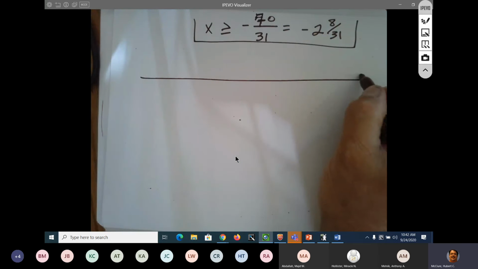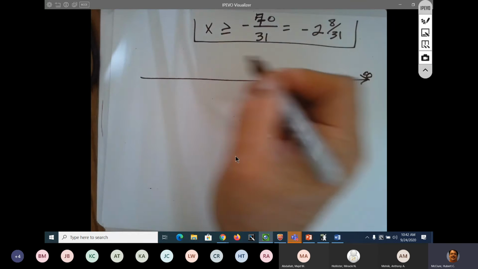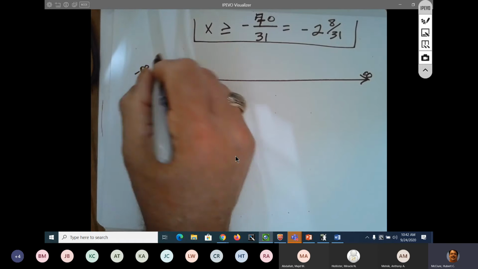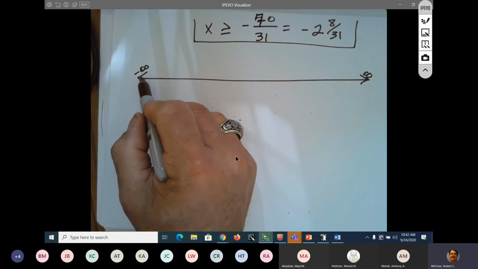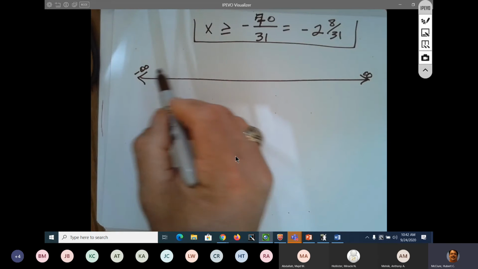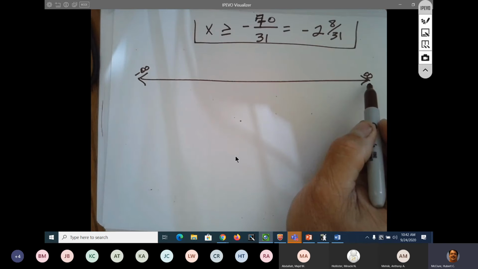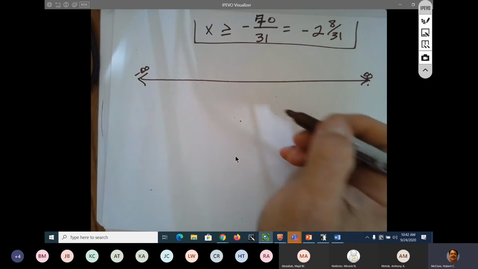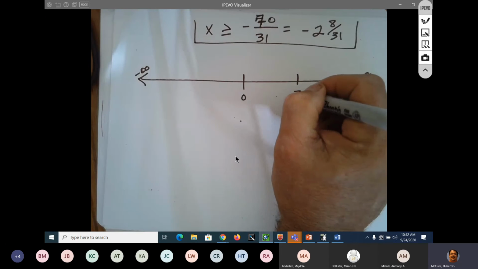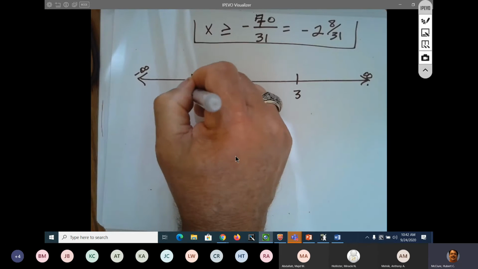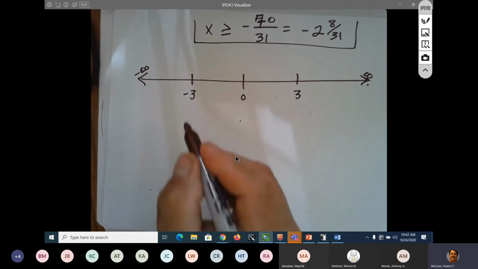So graph, this is positive infinity. This is negative infinity. I actually had a student tell me that they didn't know that this arrowhead was called negative infinity and this arrowhead was called positive infinity. That blew my mind. 0, 3, and negative 3. So I get a solid